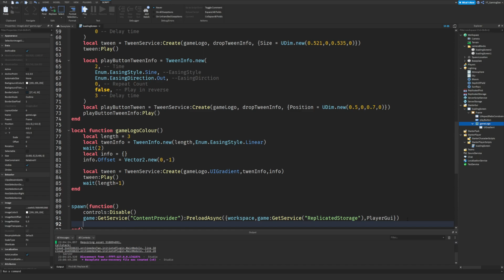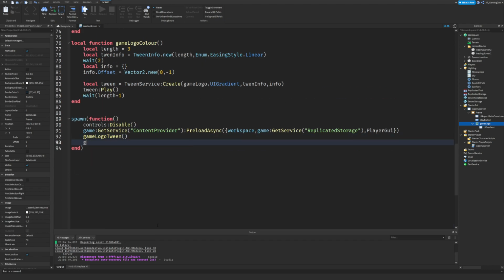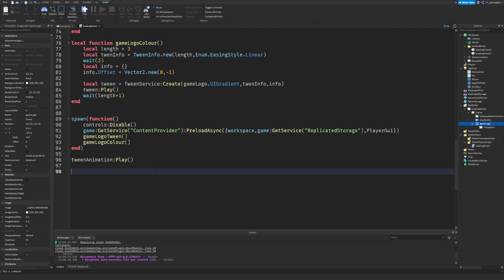We're going to actually start the game. Logo tween, we're going to do that. And we also want to do game logo color over here, guys. We want to start that as well. After that, guys, we're going to put in the tween animation. So tween animation, we want to play this too, so that's going to start moving our cameras. And finally, guys, we want to make it so that when they press the play button, it's going to be back to normal. So play button dot mouse button 1 up, connect